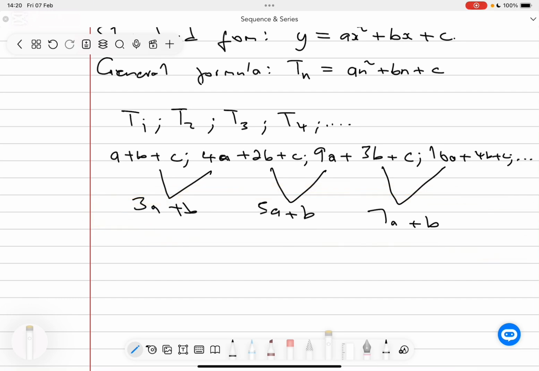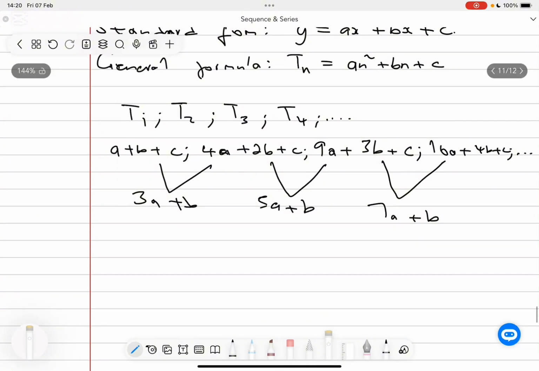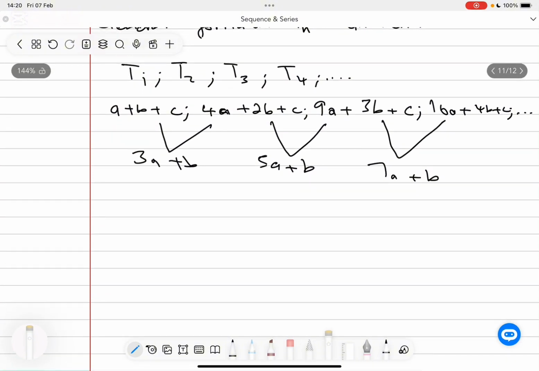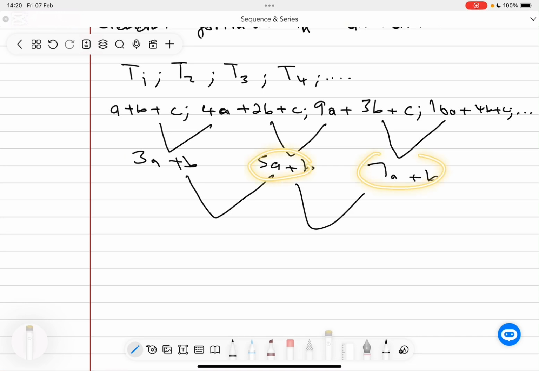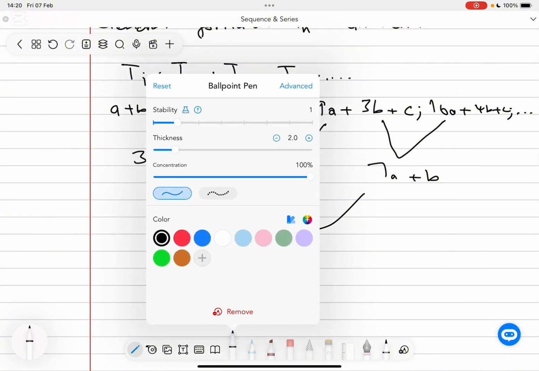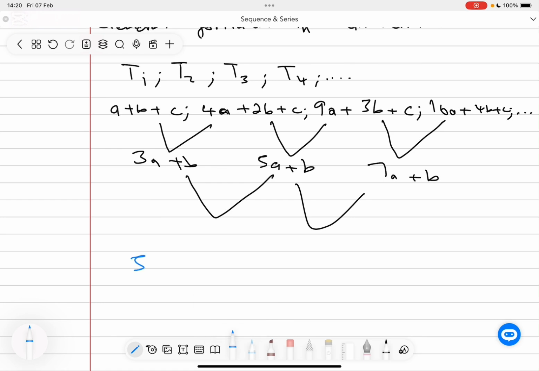Now, we can be clever enough to say, okay, if we don't see a common difference here, perhaps let's go find the second difference. What I mean by that is, how about we find a difference between the successive terms of the first difference, right? Meaning if I subtract this and this, what do I get? And also if I subtract this and this, what do I get? Now we're going to do exactly that here on the side again, to say if we say 5a